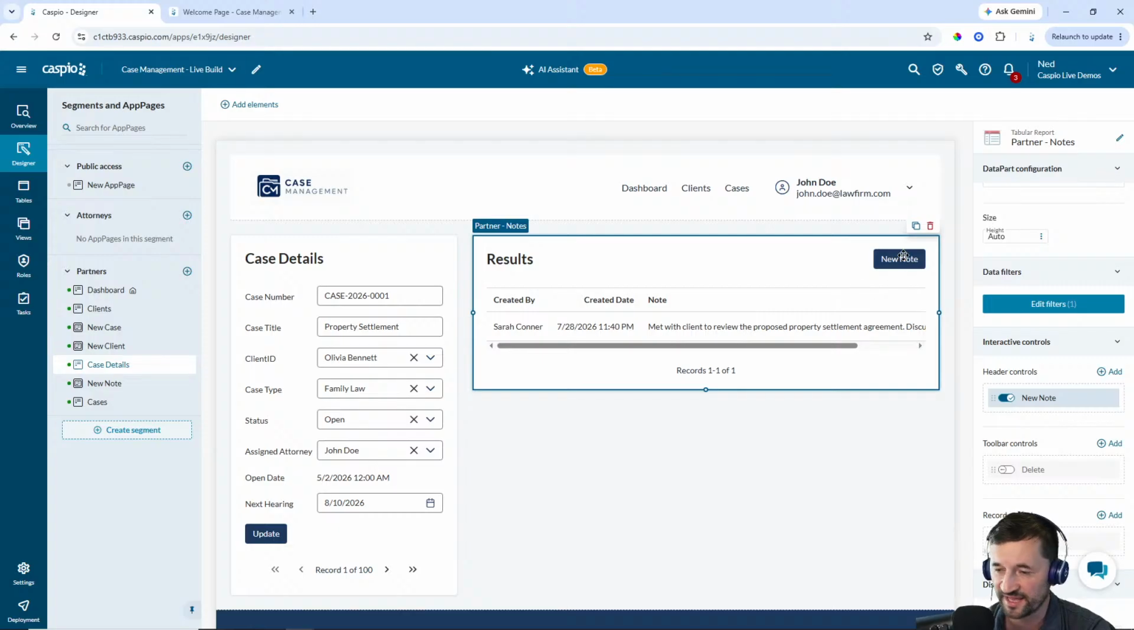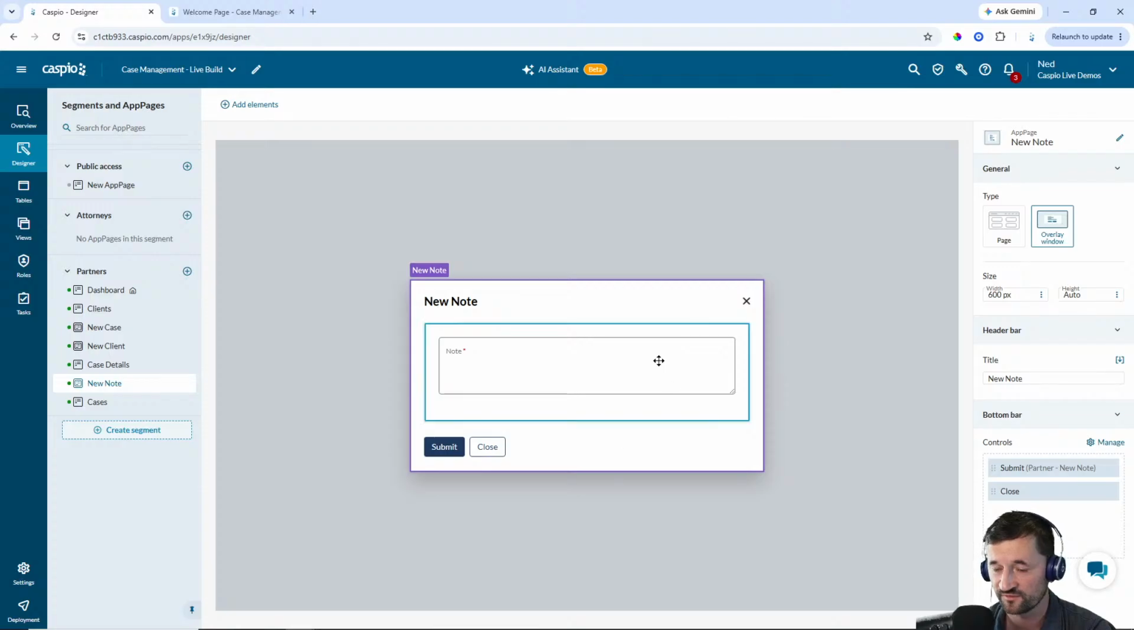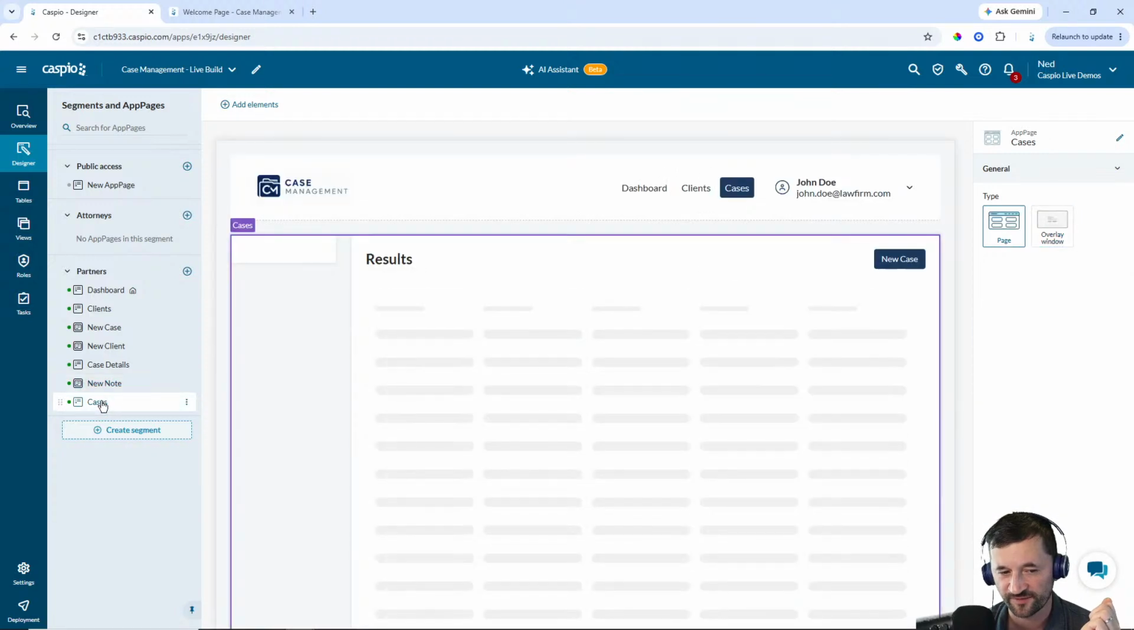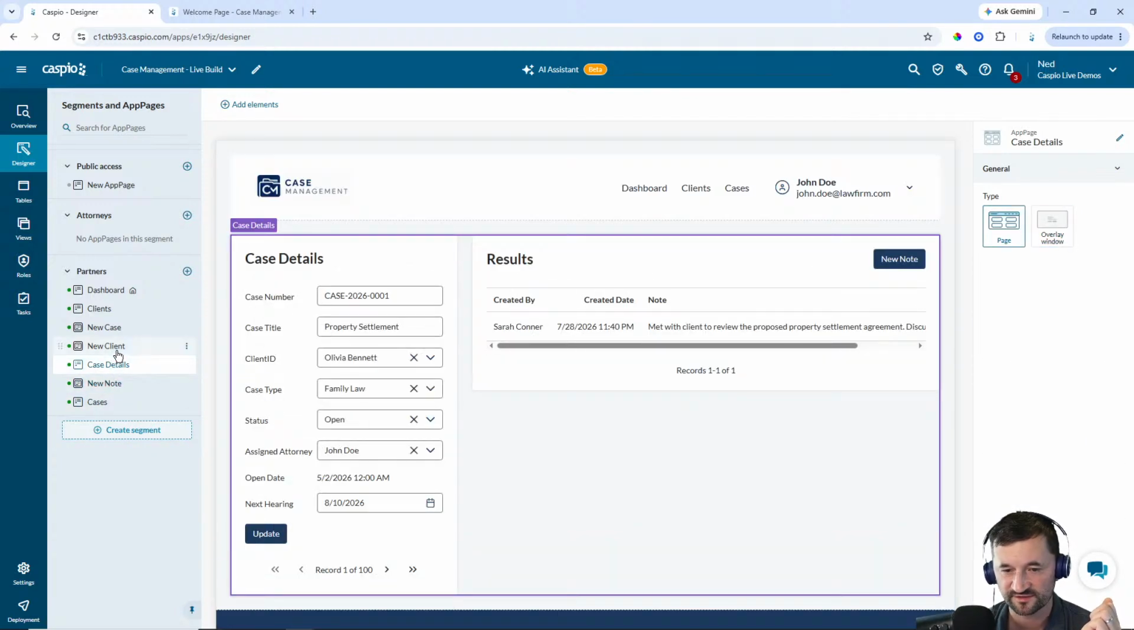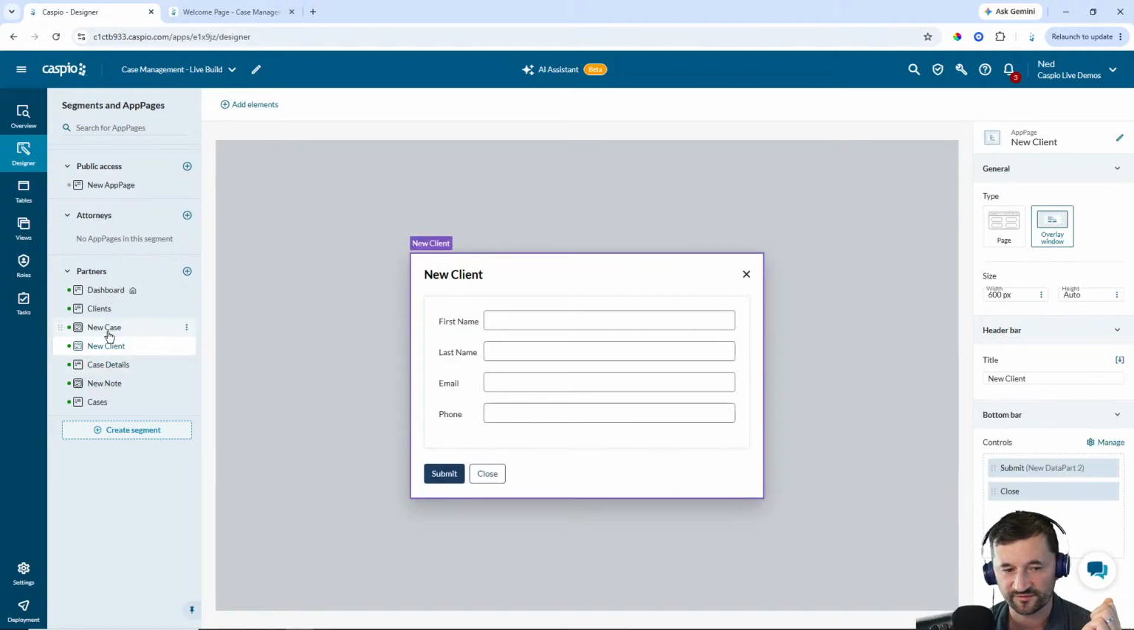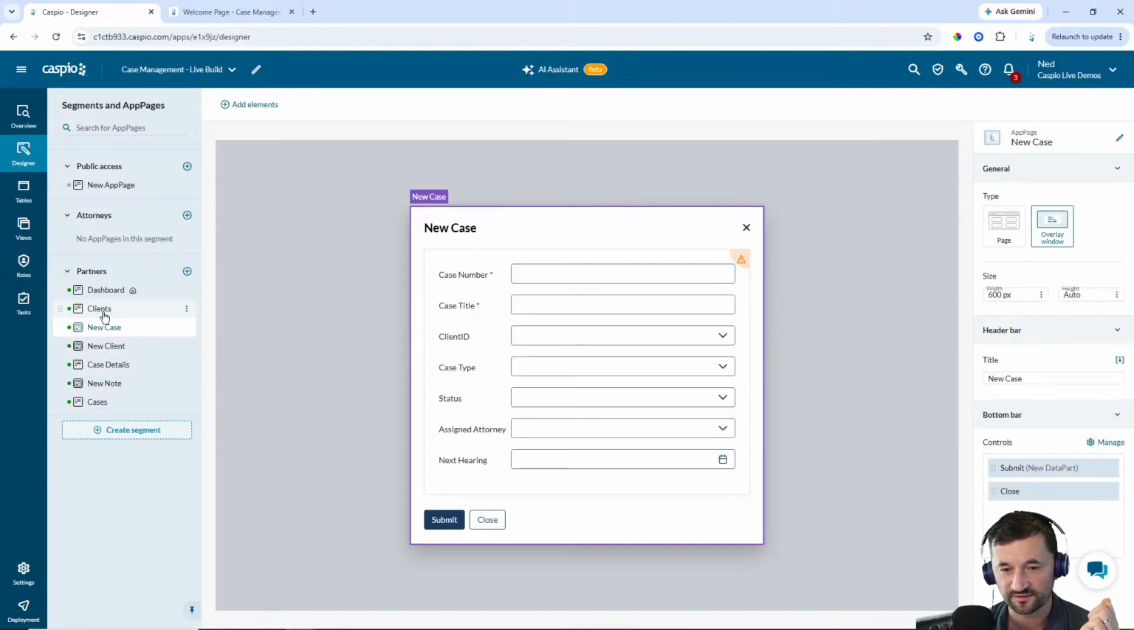Now what's going to happen is when you click on this button in your application, it's going to open up this overlay window where both the attorneys and partners can add notes. Okay, so we're getting there. We're almost done with the partners, and then we're going to work on the attorney side. Okay, we have cases, perfect. We have new note, we have case details, we have new client, we have new case. Oh, there is a